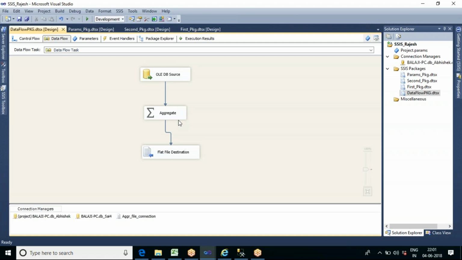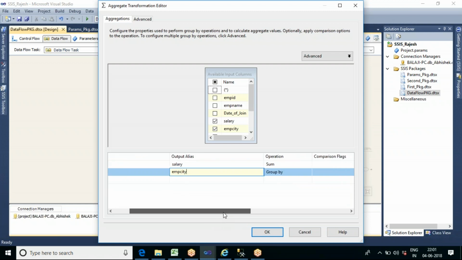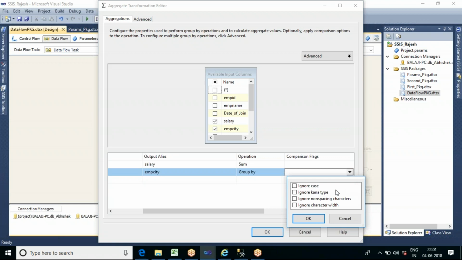Okay, in order to avoid that case sensitivity, for this employee city string column, we can see we have one more column called comparison flags. You can see we have an option called ignore case.